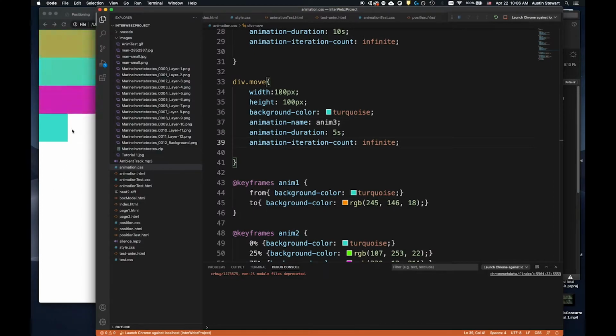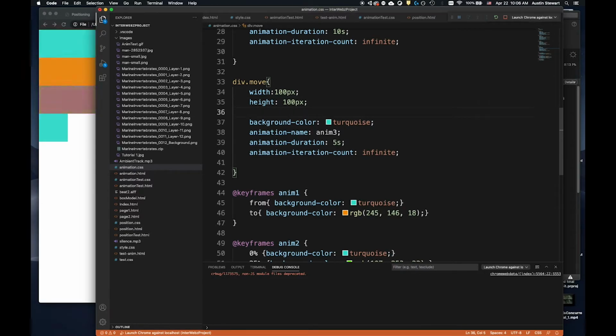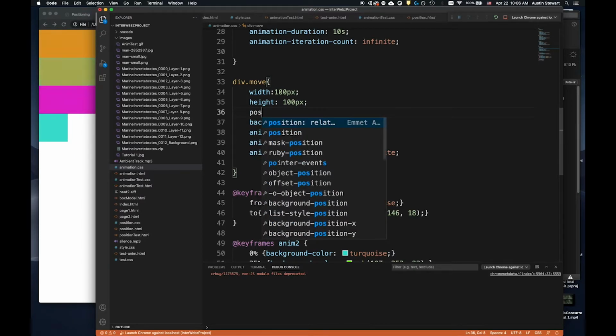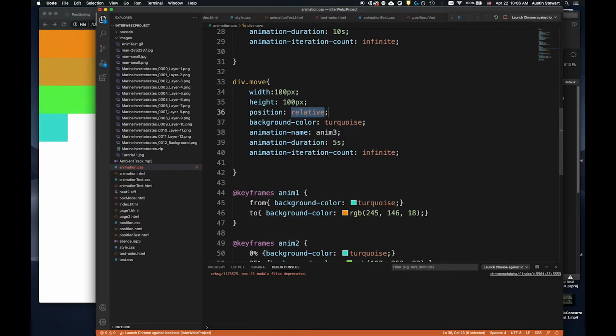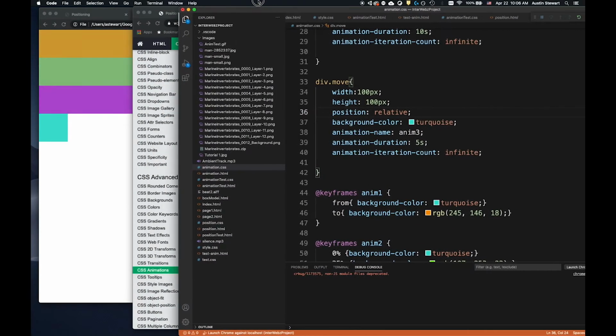But this still isn't working. So one last thing I need to add that I forgot is, in order for this to actually move, we need to change the positioning, right? Right now the position is static by default, right? We talked about that in the previous thing, which means it's glued to wherever it is. But what we need to do is say position, and either position relative, and absolute might work as well, but we want this to be relative so that what it's going to do is, in our case,